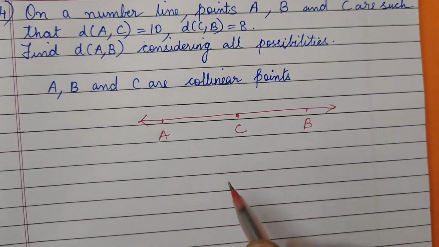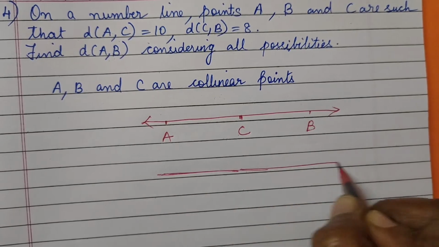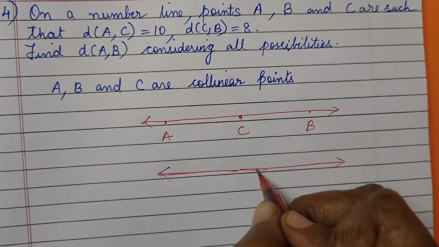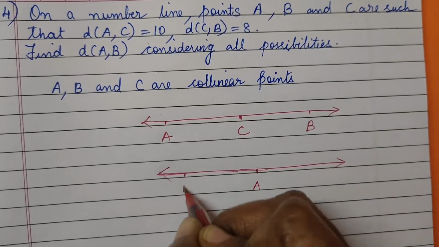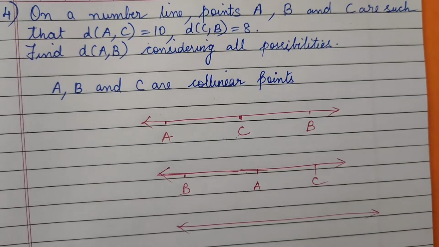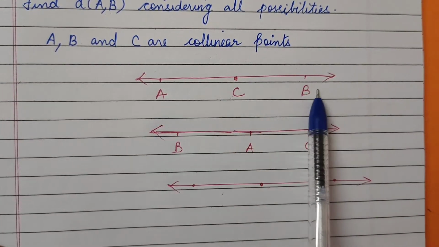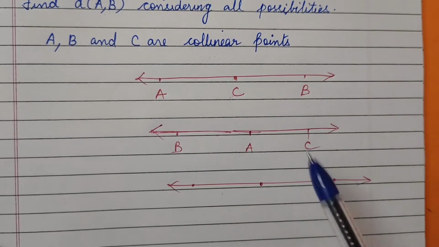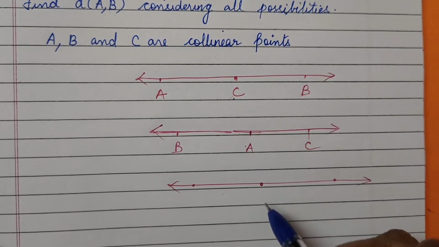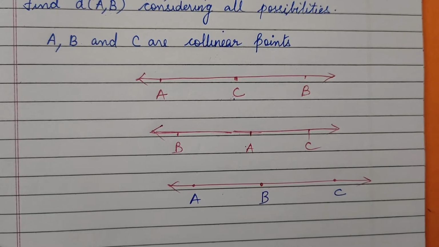So I am going to draw all the conditions here to make you understand very easily and clearly. I have done A, C in between, C in between. Now I am making A in between B and C. And the other possibilities, what is that? So the third condition, now C is in between A and B and A is between B and C. Now what I'll do, I will write A has come, C has come, which is left, I'll write with the blue pen. B is between A and C here, right?